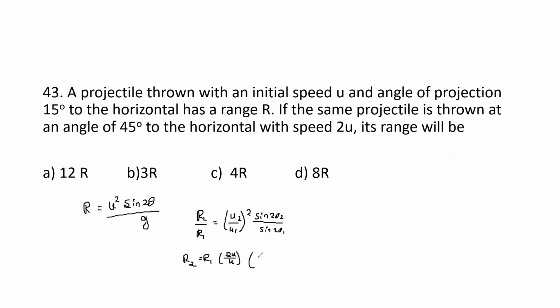Okay, and here it is sine 90 divided by, because 45 is there, therefore it becomes sine 45 into 2. It is sine 90 divided by sine 15 into 2. That is sine 30. So if you simplify this, sine 90 divided by sine 30. Sine 90 is 1 divided by sine 30 is 1 by 2. So here what happens? The value of